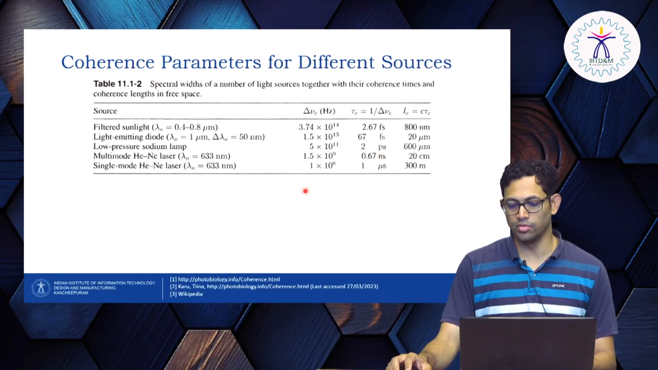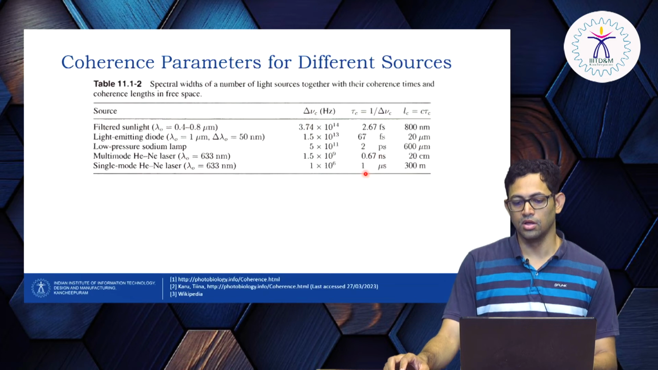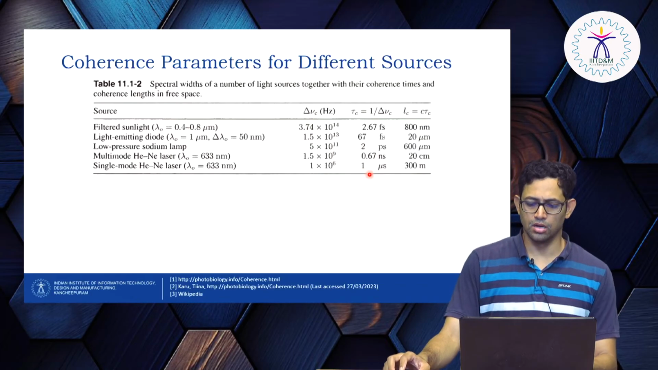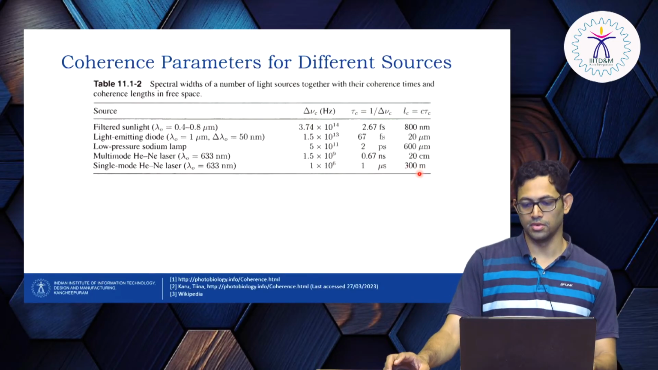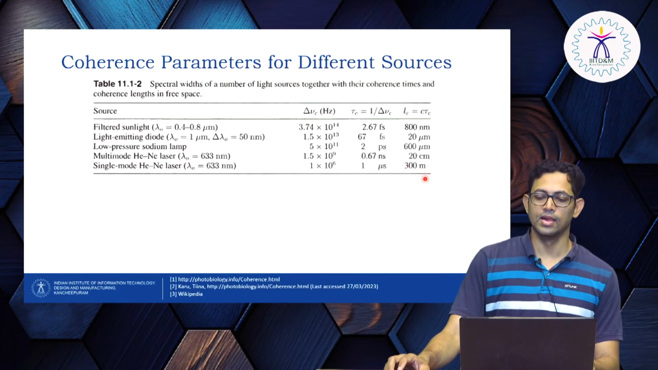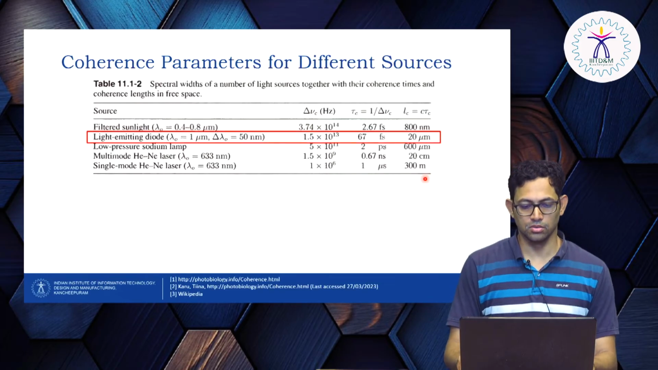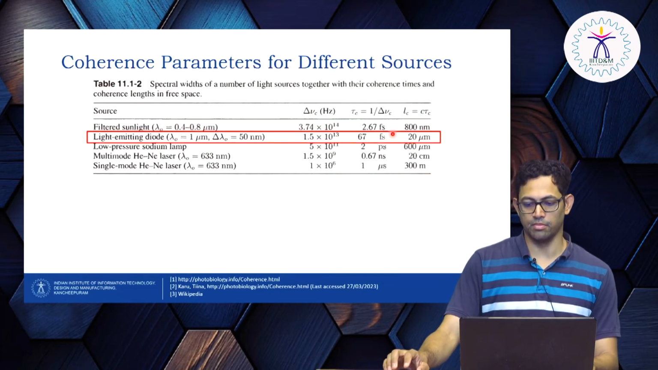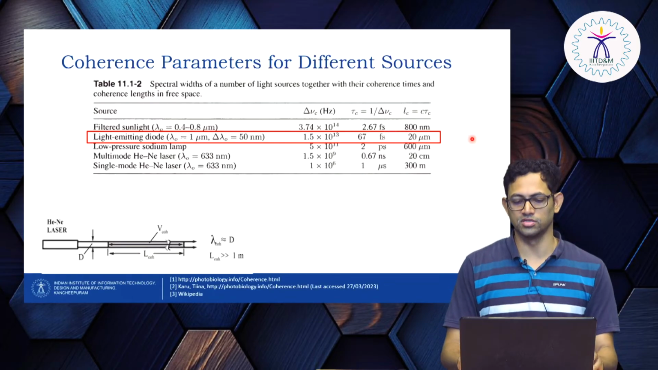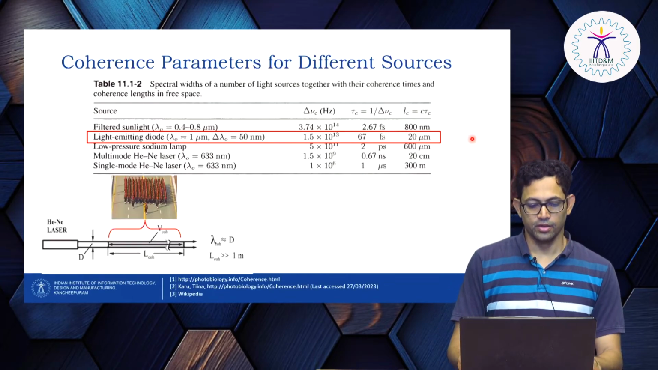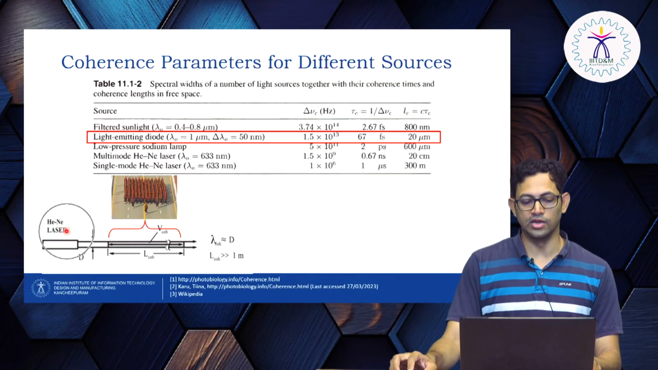A single mode helium neon laser has around 1 microsecond of temporal coherence time, and the coherence length is around 300 meters, so it is a very significant light source. So this is what we quantified some time back, right? Similarly, you can quantify this for other sources as well. Now when you see the helium neon laser,